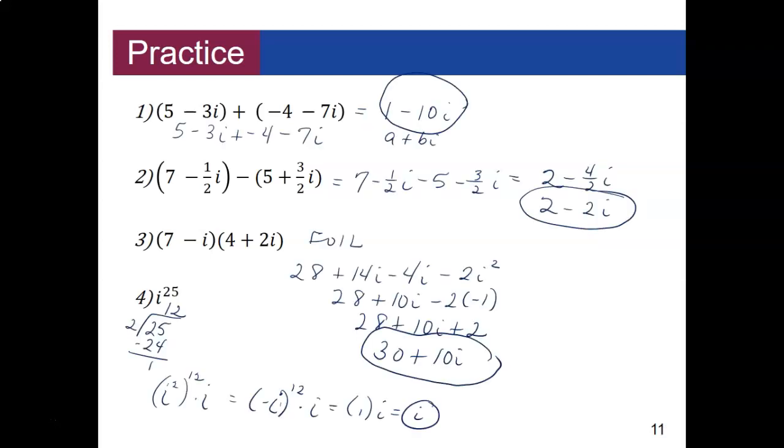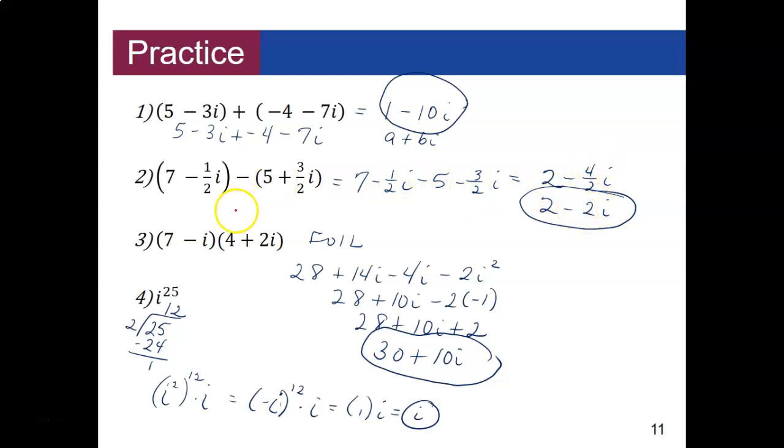Okay, these are the answers that you should have gotten. On the first one, we were simply combining like terms together. On the second one, you've got the negative, so distribute that negative through the second parenthesis and then combine like terms together. You do have some fractions here, so -1/2 minus -3/2 gives me -4/2, and that reduces to be